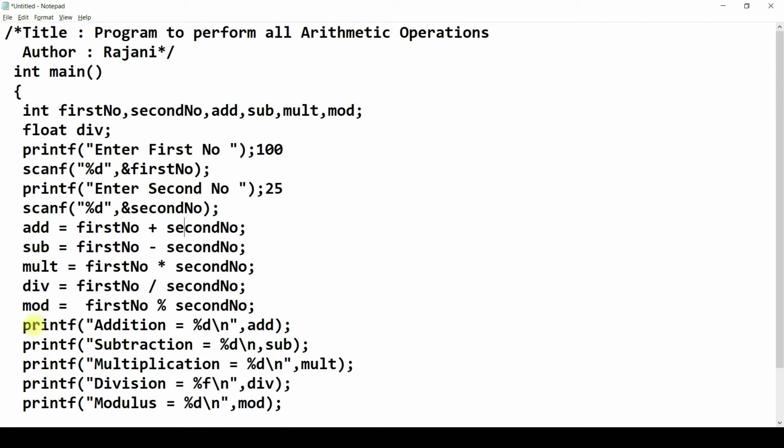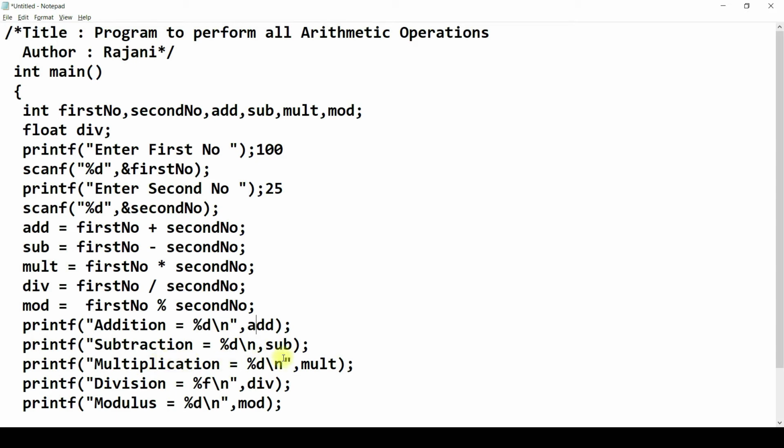After that, we are displaying the result of addition. Addition equal to, in place of %d, the value of add will be displayed. After that, \n will move the cursor to the next line. Then this statement will display subtraction equal to, in place of %d, the value of the variable sub will be displayed and \n will move to the next line.